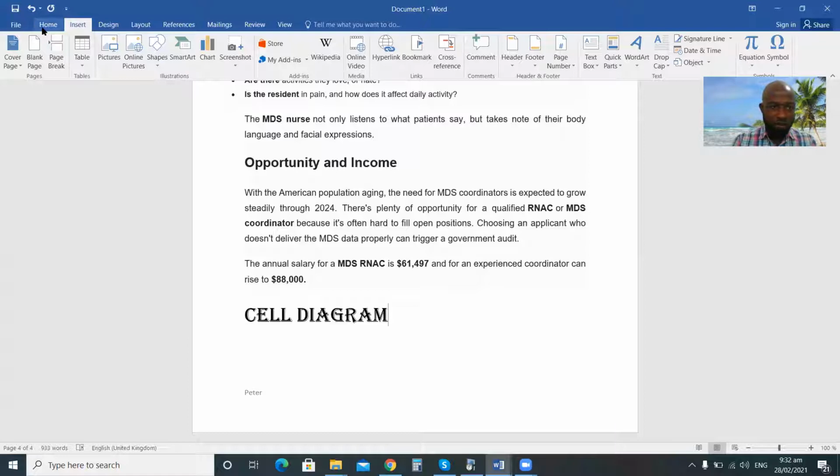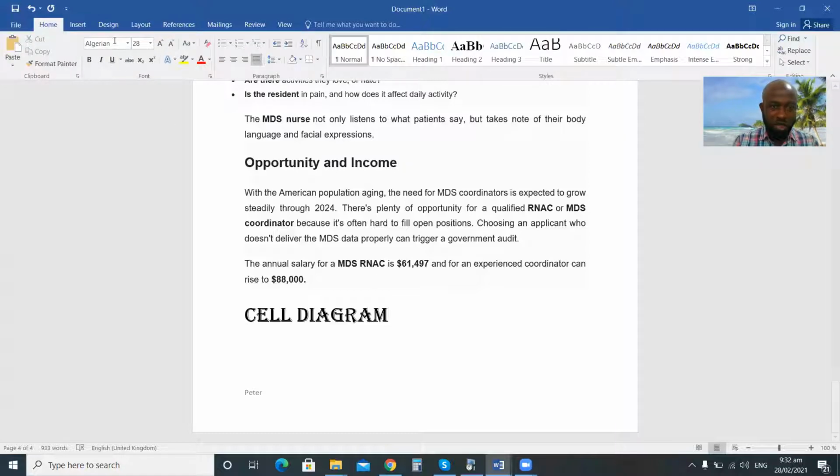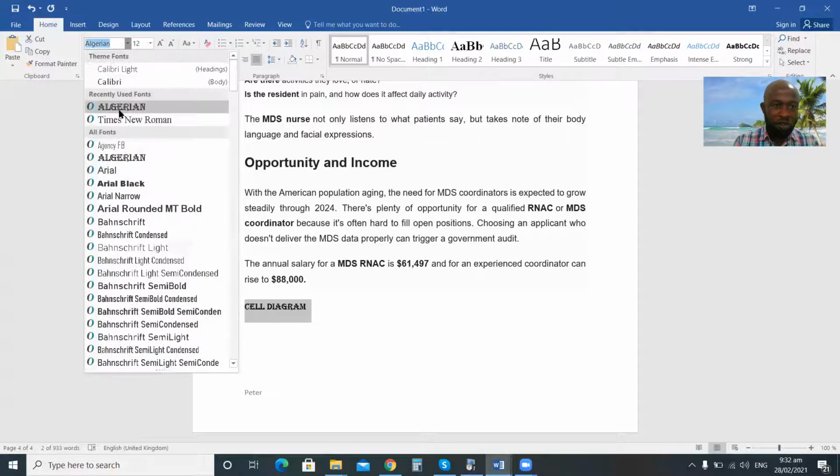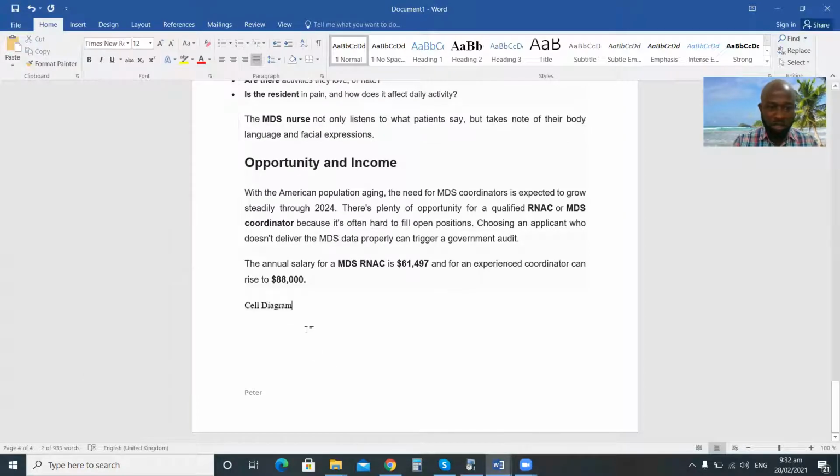Don't forget that I'm using the Algerian font and also font size 28, but I want to change it. So I'll go back, change it to 12 and change the font to Times New Roman. That is the official font. So, cell diagram. I want to insert it. So I'll